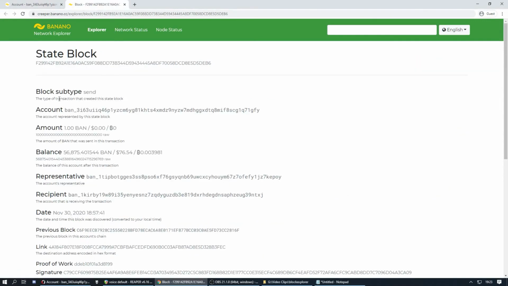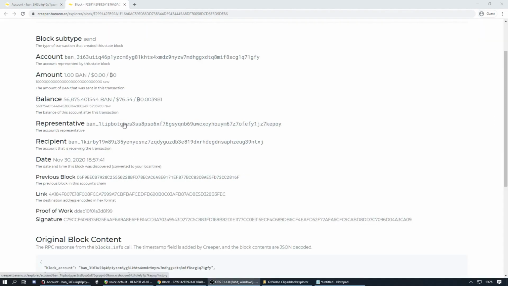this block. The type, who sent it, how much the transaction was in decimal, dollars, Bitcoin, and in raw, which is how nodes read numbers. The representative in this case is Ban1 Tipbot, because that's the service that this account is part of. If you see an address with Tipbot as its representative, you can often assume that this address belongs to that service. You also have the recipient, which is my address, and you have the timestamp that the node discovered the